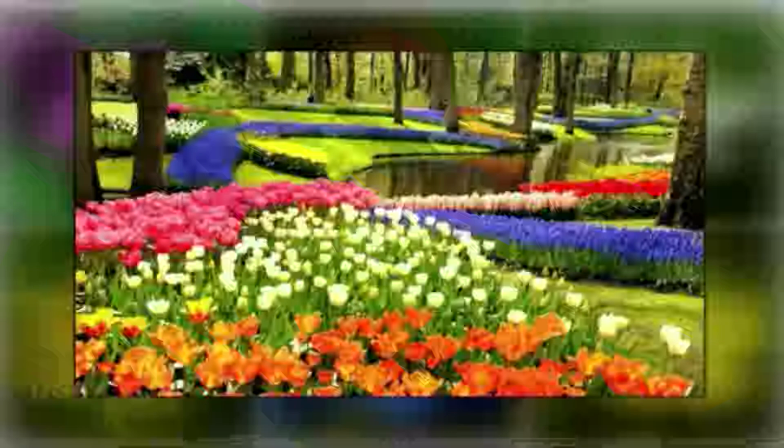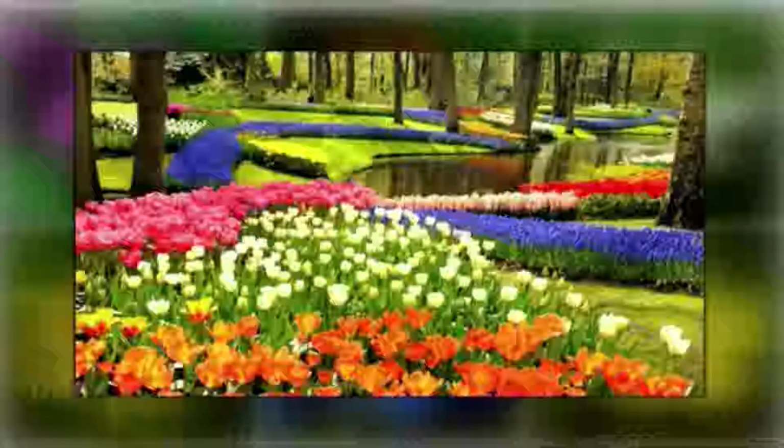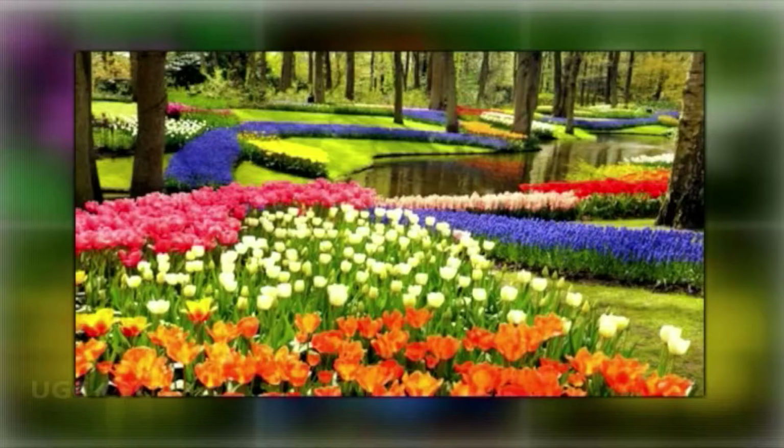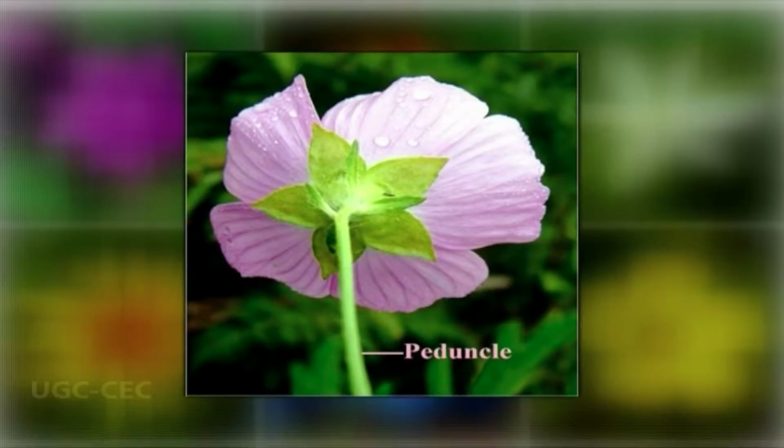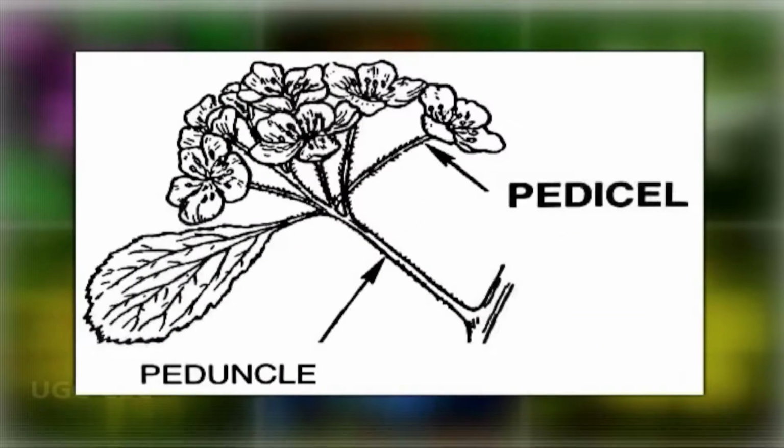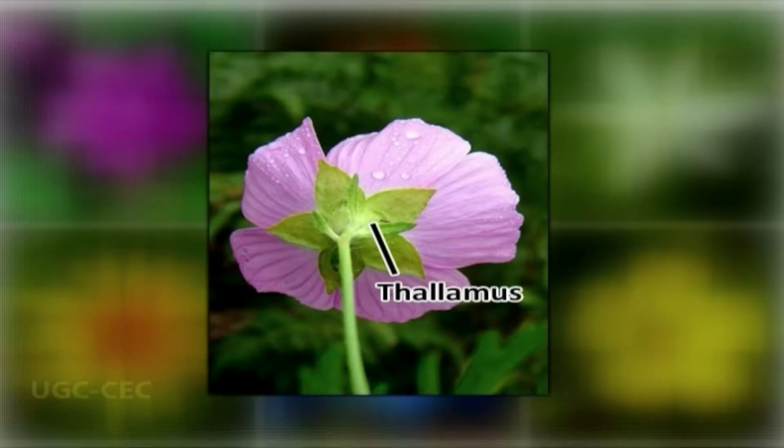Structure of flower. Take a flower of any color or size growing in your area, you will find its basic plan to be the same, that the flower is borne on a stalk called peduncle. If the peduncle bears more than one flower, the stems connecting each flower to the main axis are called pedicels. The pedicel has a swollen tip known as thalamus or receptacle upon which are borne 4 whorls of accessory and reproductive structures in a definite order.